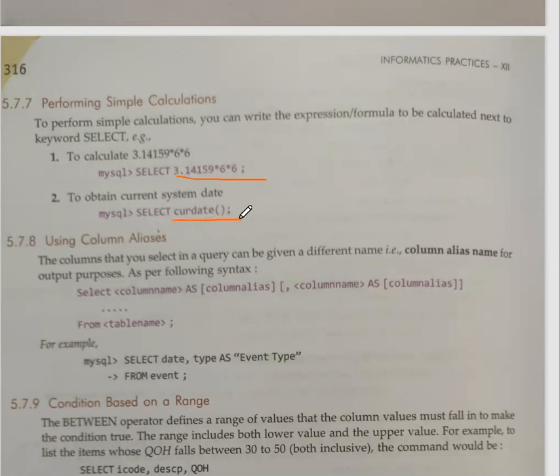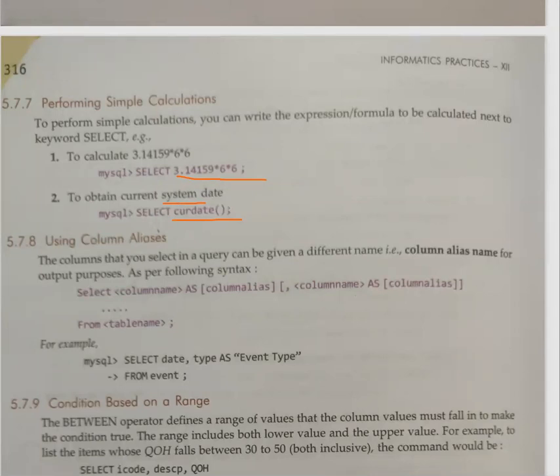Now, what do you think? What will it show you? It is already given also. What will it show? The current date. See, it is given also, current date. Now remember, what is the meaning of current date? Here one more word is written, that is system date. Whatever is the date in your computer system, that date will be displayed over here if we are using this select current date.